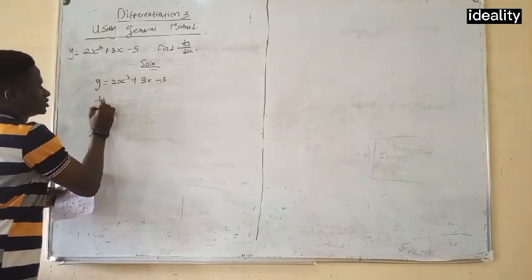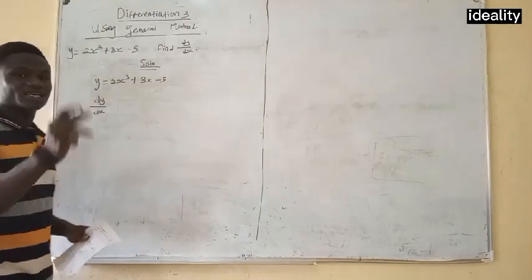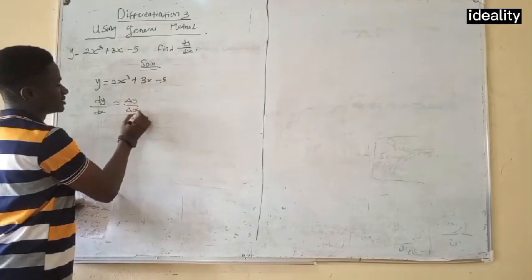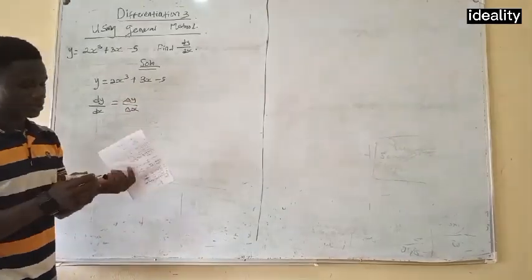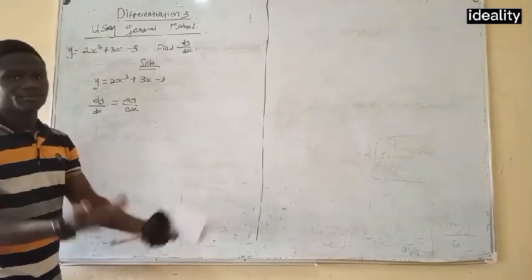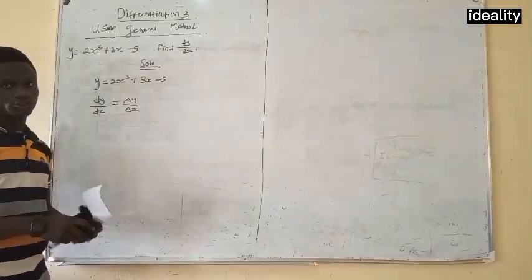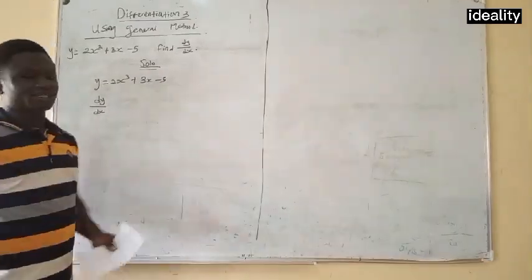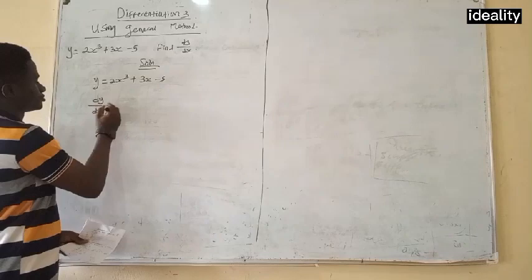Now, what do you do if you want to differentiate? So, you want to find dy/dx. Don't forget that I said it is the same thing as ∂y over ∂x. They actually mean absolutely the same thing. But in first principle, we use this the most, while in the general method, we use this the most. Don't get it confused. They actually mean the same thing. So, dy/dx will be equal to